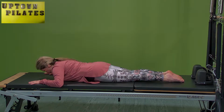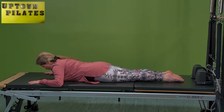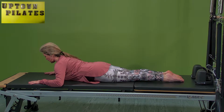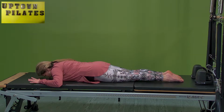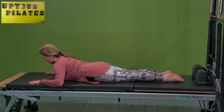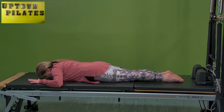And exhale to release. Press palms and elbows down. Keep pressing them down. I always feel in this exercise like I'm stretching my vertebra. And exhale to release. So I kind of think of a snake when I do this. And inhale, press palms and elbows down, stretch, exhale to release. 2 more, inhale,